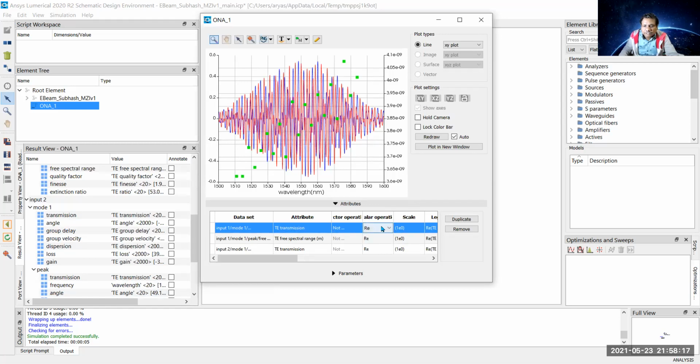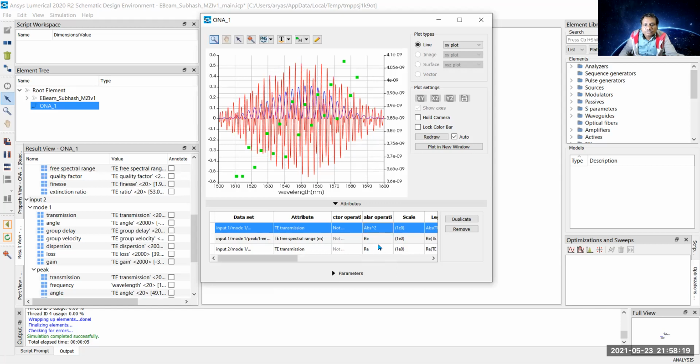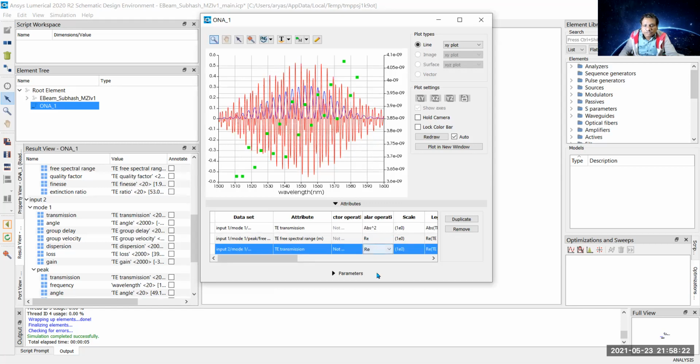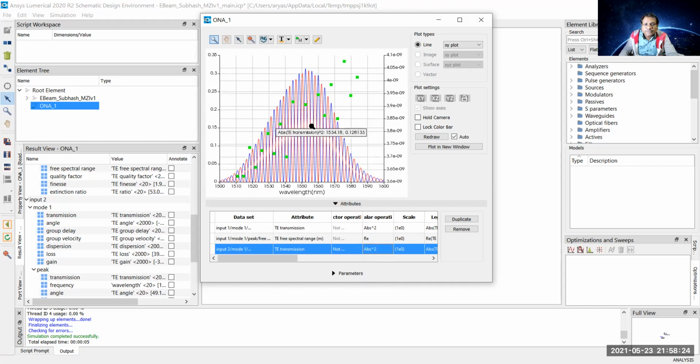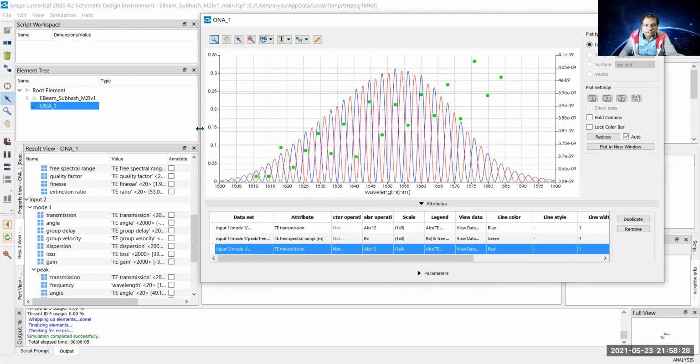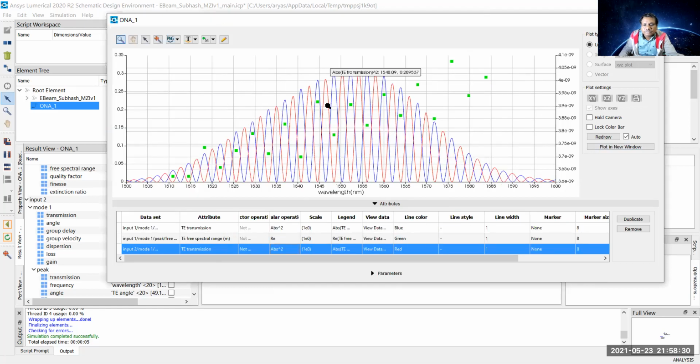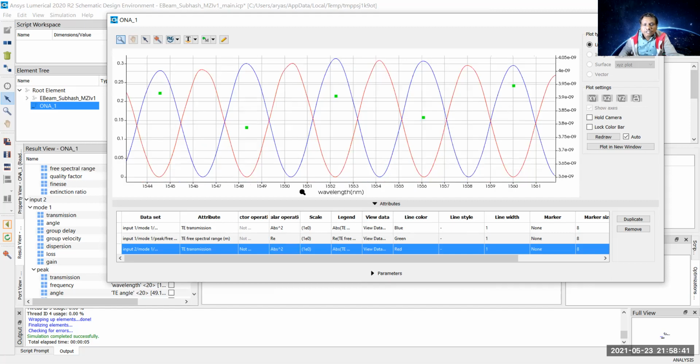Let us get the absolute value of transmission 1 and transmission 2, so that it will show only the amplitude. So you see this is the transmission curve, at 1550 is here. I will just zoom out, since at 1550 the red one is maximum and blue is minimum. So this is how we can see the two outputs.